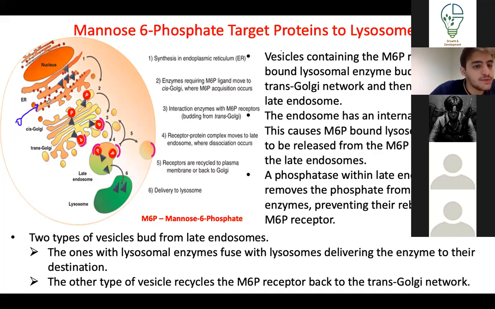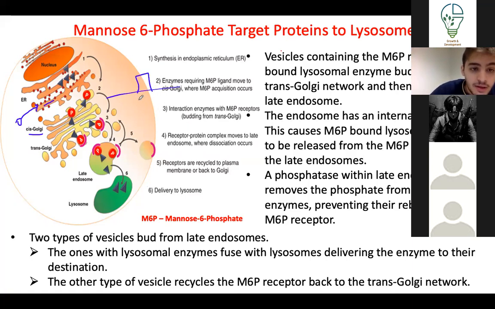The signal sequence is cleaved. Now it gets into the rough endoplasmic reticulum, then into the cis-Golgi, but it has a sequence which binds to mannose phosphate, okay, mannose 6-phosphate. Not all polypeptides are the same, but some have a certain sequence that they didn't talk about here, but that is able to bind to mannose 6-phosphate. Now, this mannose 6-phosphate, along with the protein, so you have a polypeptide with the mannose 6-phosphate,